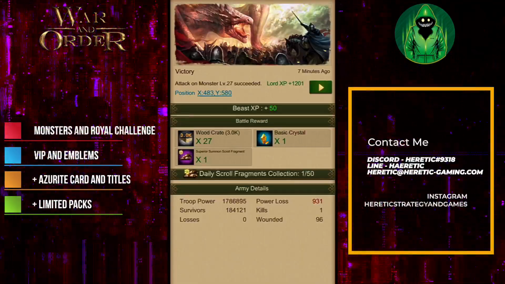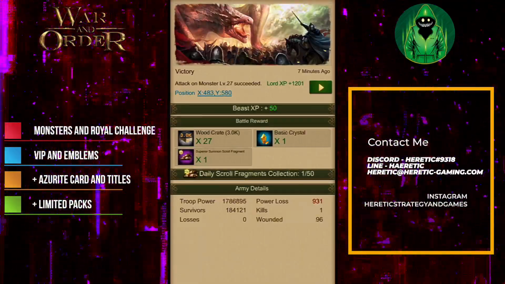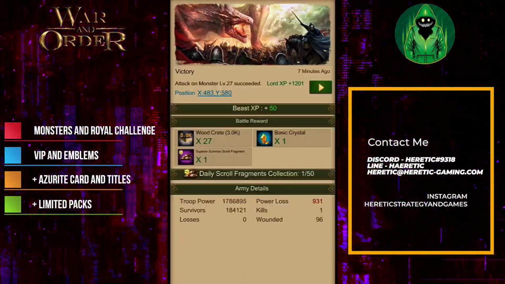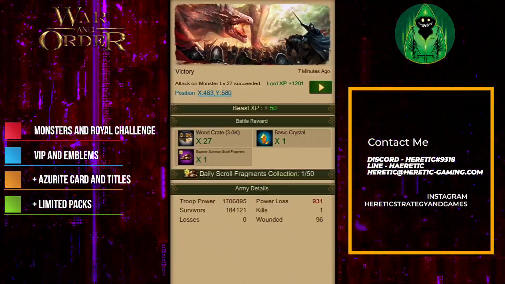So keep in mind, you can get 50 scrolls per day. That's usually not a problem unless you have a ton of stamina potions and you're just running it all the time. Another thing,